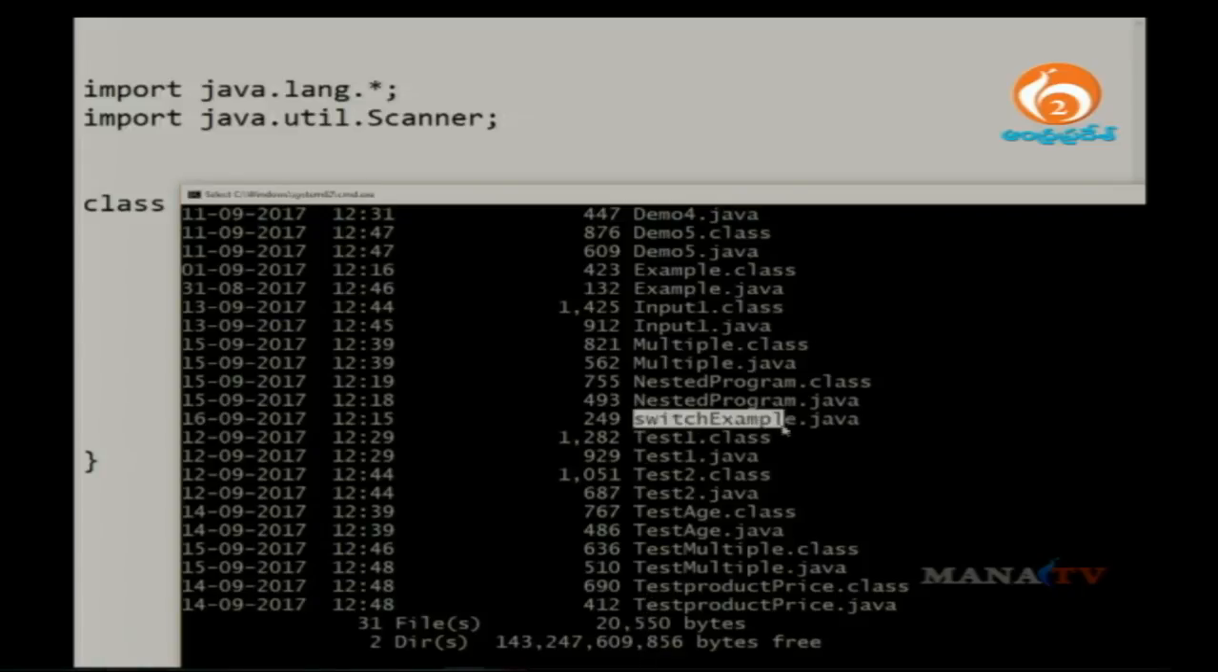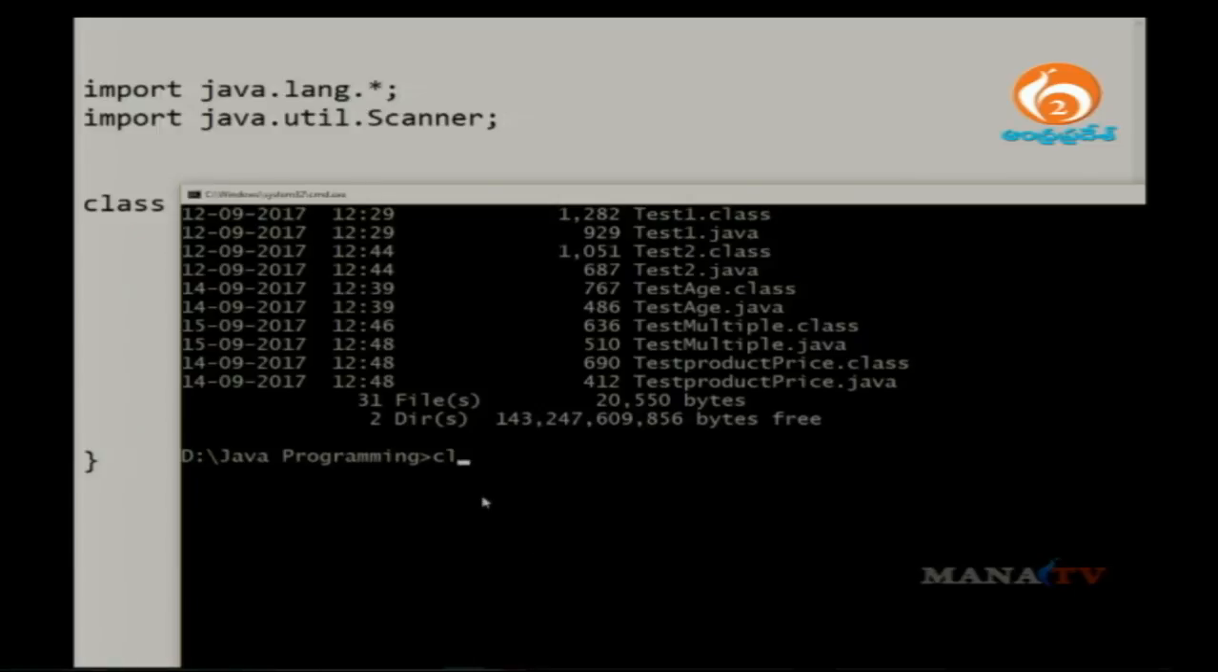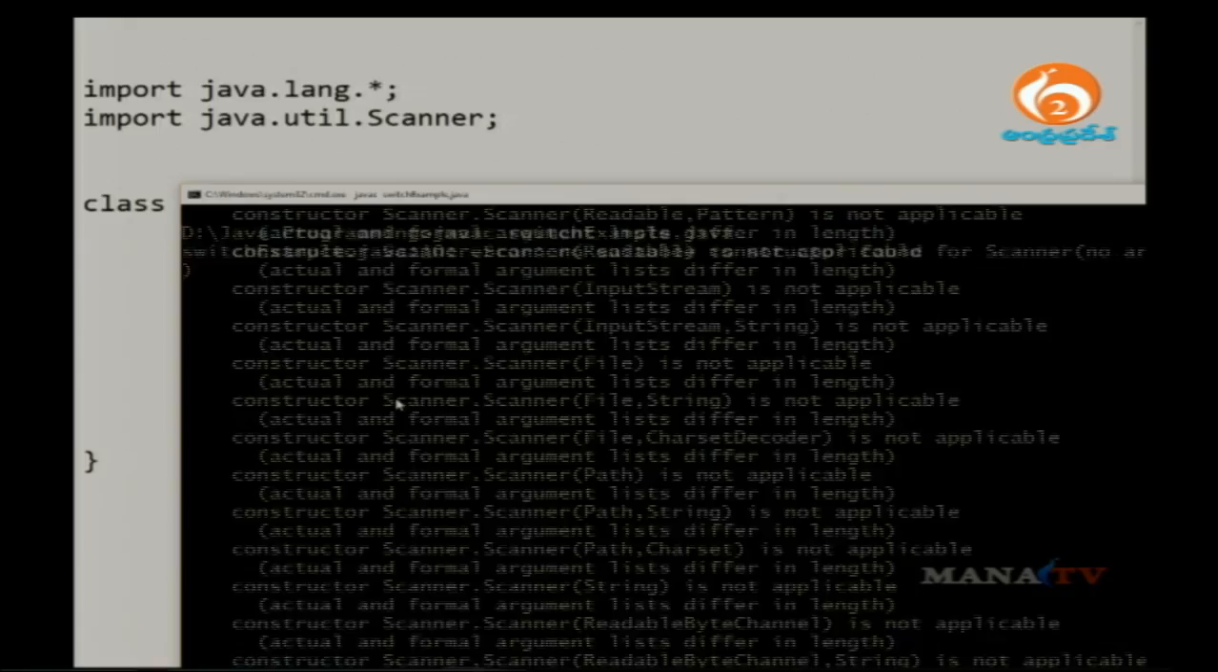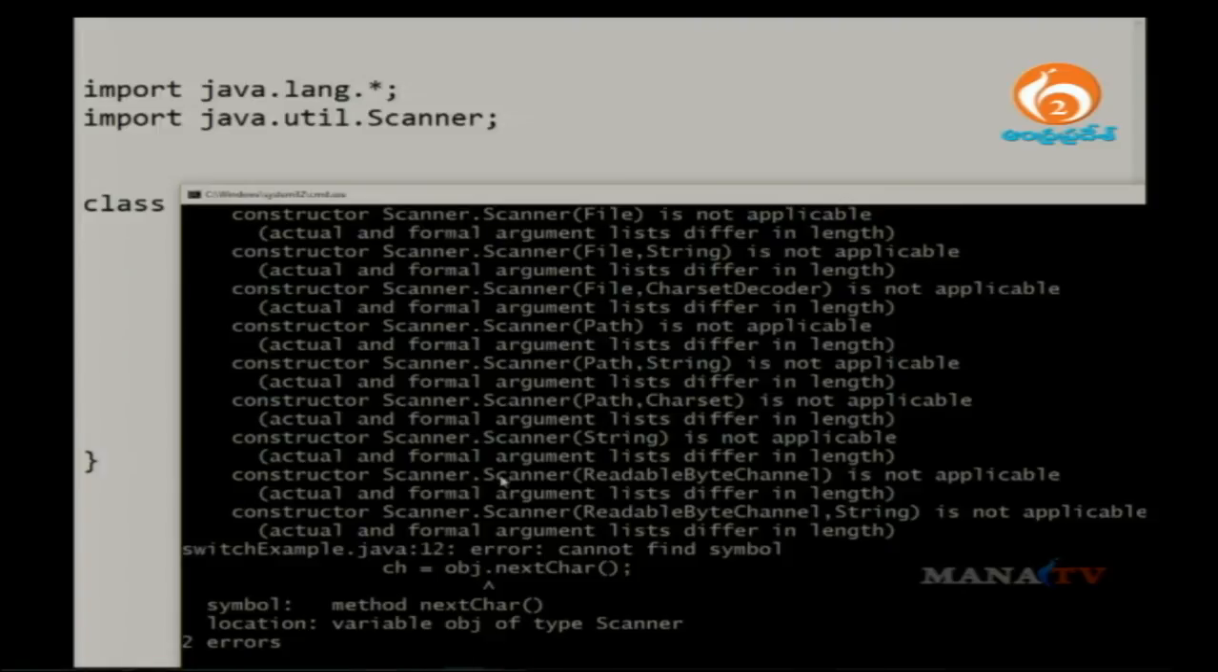Yes, you have a file called SwitchExample.java here. So this example you need to execute now. How do I execute it? First I need to compile this, right? SwitchExample.java. It takes a couple of seconds to compile your program, and you can see that here